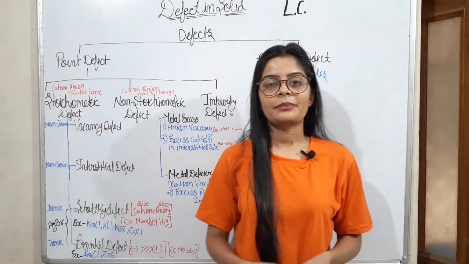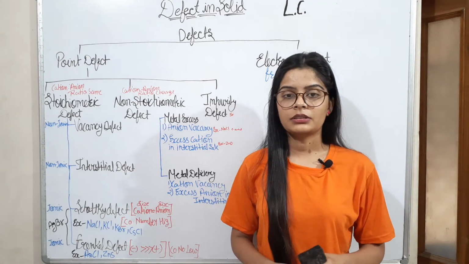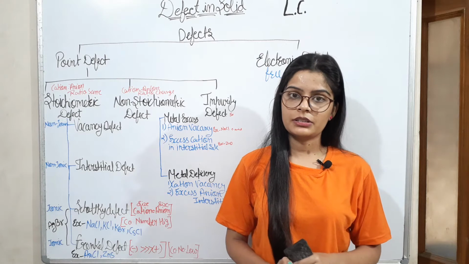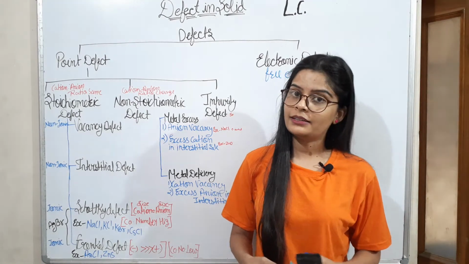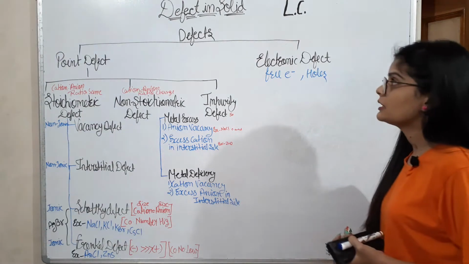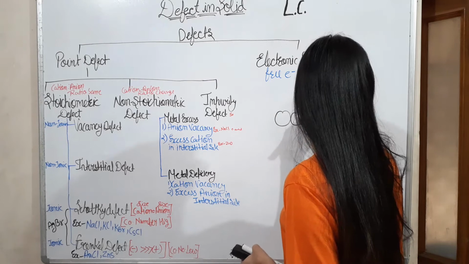Our today's topic is about defects in solids. This is a topic of class 12, chapter number 4, Solid State. This is important for school level, college level, and for NEET, NET, and also for bio students. So let's begin. As we know, a solid has atoms, ions, or molecules which are arranged in a very